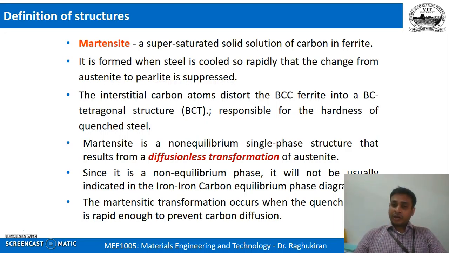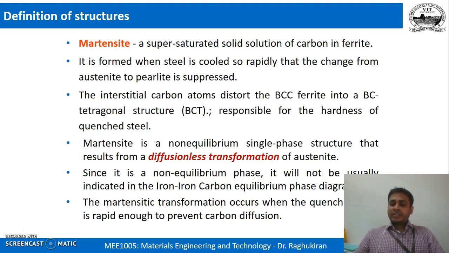it has a lot of carbon in a metastable state. If you have more carbon in the matrix than what it can hold at the temperature, we call it a supersaturated solution, right? If you have more salt in water than what it can actually take, we call it a supersaturated solution, right? Similarly, this martensite is a supersaturated solution of carbon, simply because it is holding carbon more than it is supposed to in equilibrium condition, okay. So it is a non-equilibrium phase, it is a metastable phase, okay, and